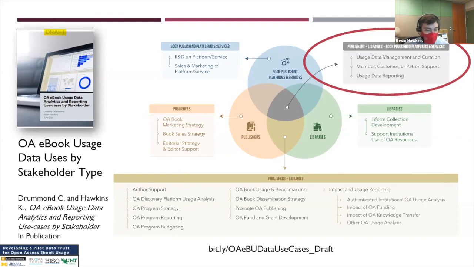This research identified details on multiple stakeholder value propositions for OAEBU data dashboards or analytics. In the upper right, we circled the area of the diagram showing the shared needs across the three types of organizations. We found a shared system-wide need to simplify usage data curation, aggregation, and management, given the time and costs that individual institutions allocate when,